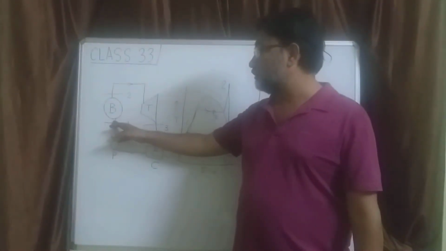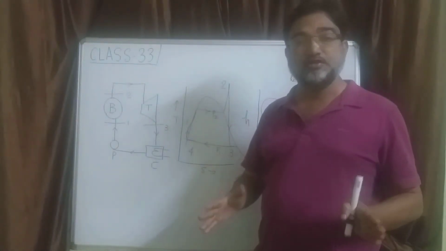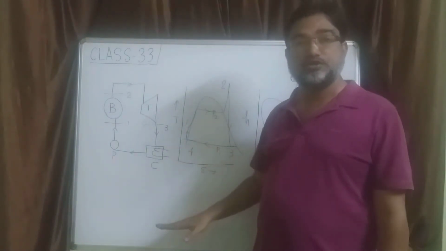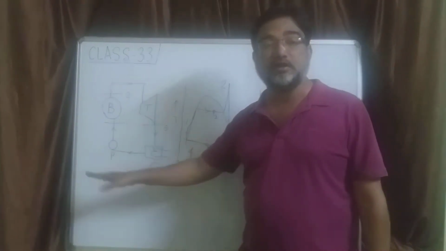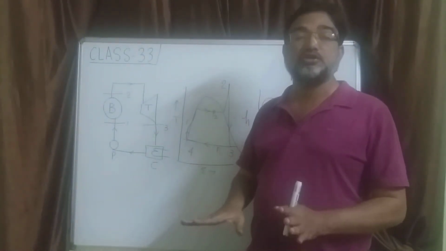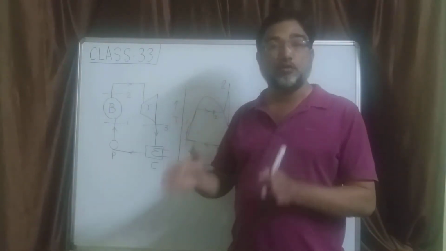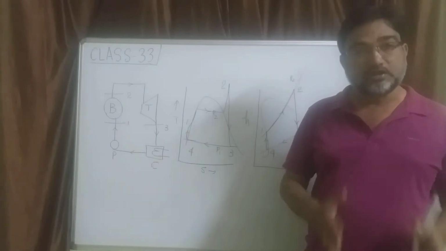So while entering the boiler it is water only. What comes out of the boiler is steam, high pressure steam. What goes to the turbine is steam. What comes out of the turbine is also steam. What goes to the condenser is steam, and what comes out of the condenser is again condensed steam or water. So at some places the working substance is in liquid phase, and at some places it is in vapor phase or in the steam form.